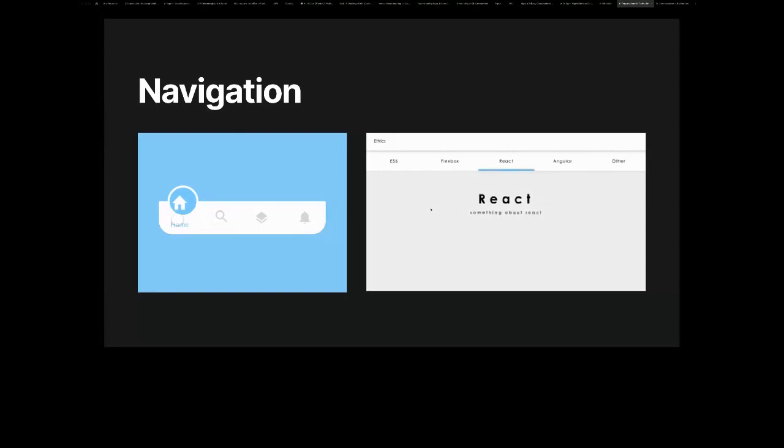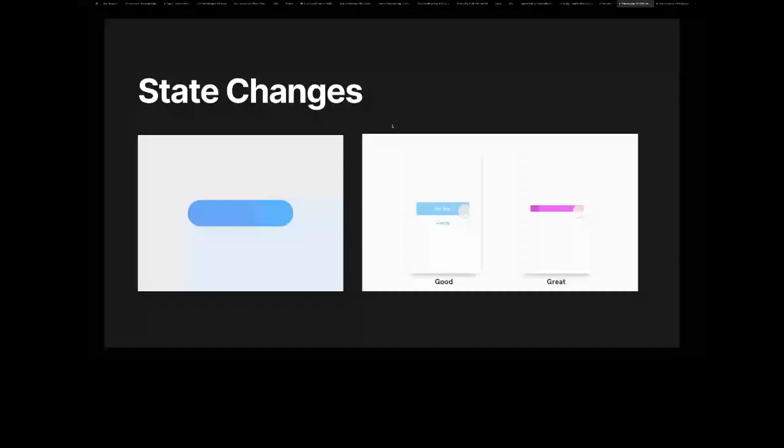Another form of this is state changes. When we click a button, what happens, right? Like you initially saw on macro interactions, but in this case, when a user hovers on the button, you should tell the user something has happened, this is clickable, or there's an action that can take place here. When a user clicks on that button, what happens? So you see it here where it shows